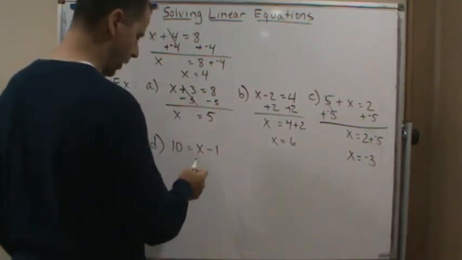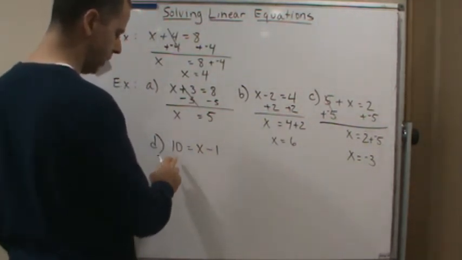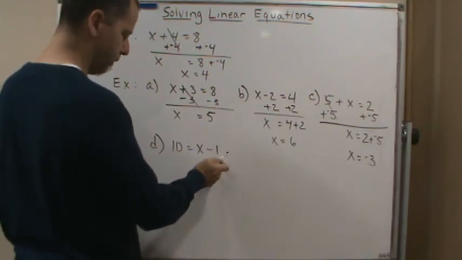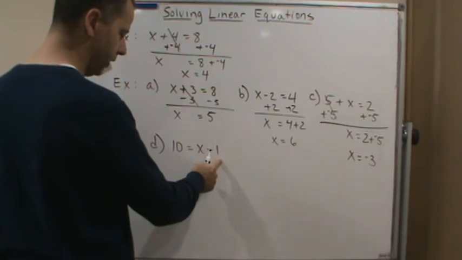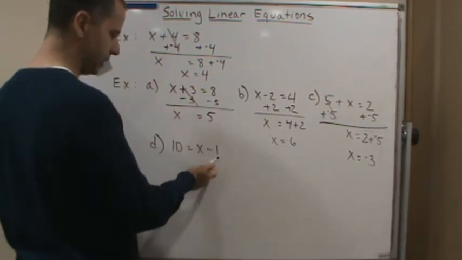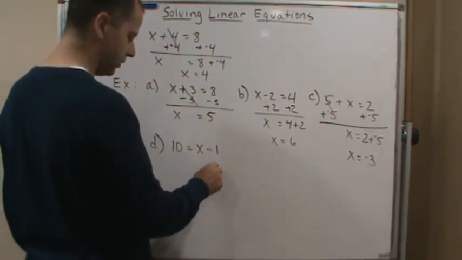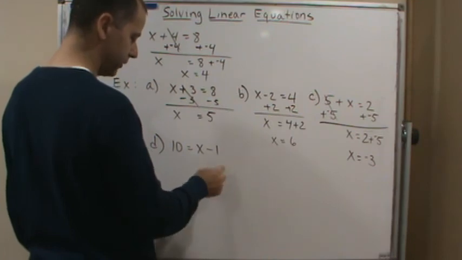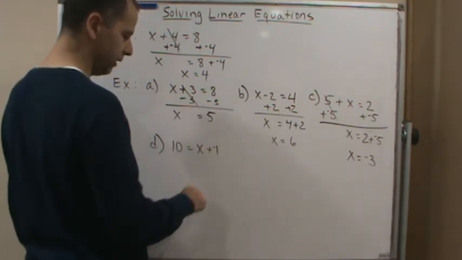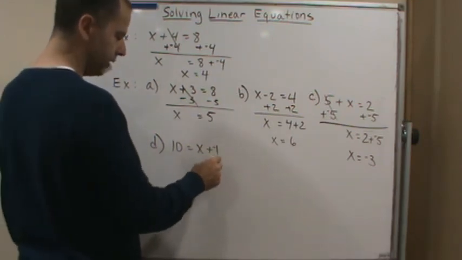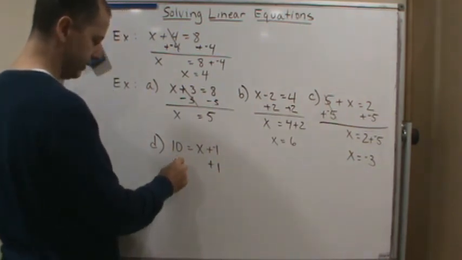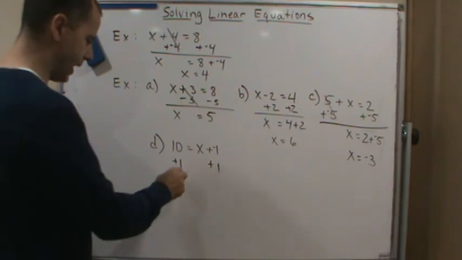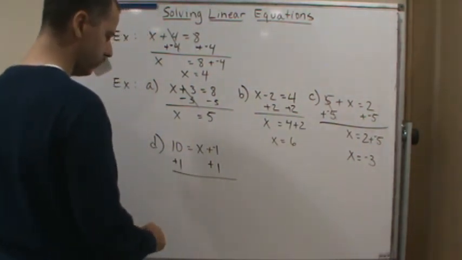Okay, so last one. So we've got x minus 1 equals 10. So again, I want to isolate the x variable. I've got this subtraction here. So again, I want to do the opposite of this. So this is going to be plus, right? So if I change this to a plus negative, right, I could do that. Then this is going to be a plus positive, right? So if I add the opposite to both sides, I get